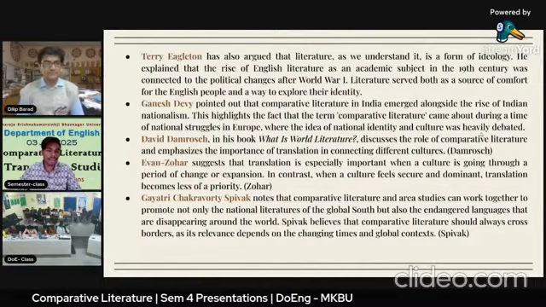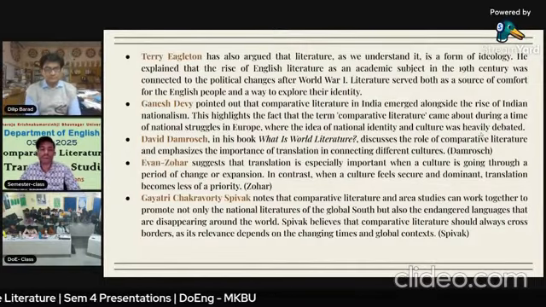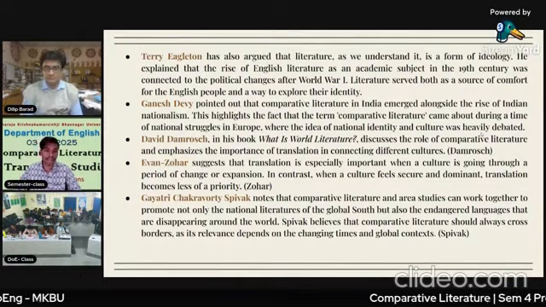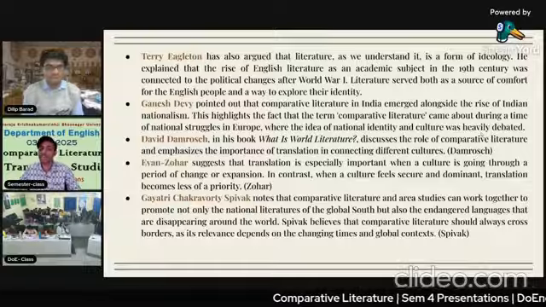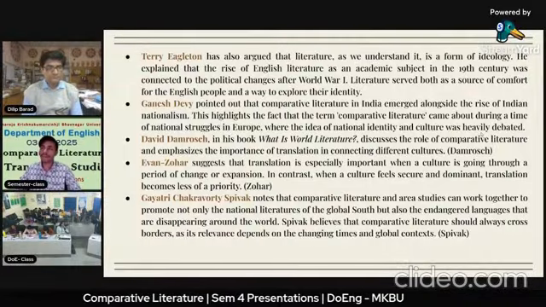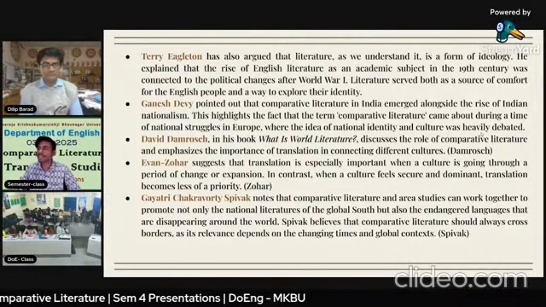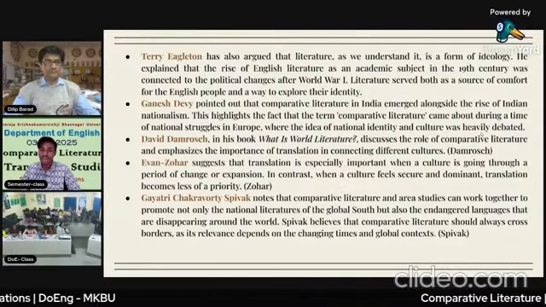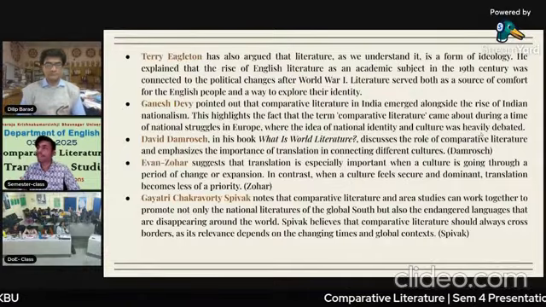Another one is David Damrosch, who in his book What is World Literature discussed the role of comparative literature and emphasized the importance of translation in connecting different cultures. So we can find out how different cultures in every country are given in the book.